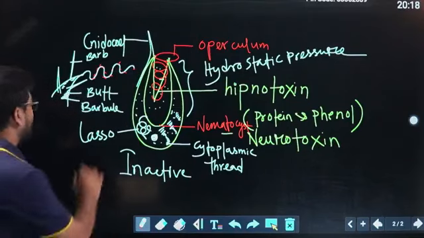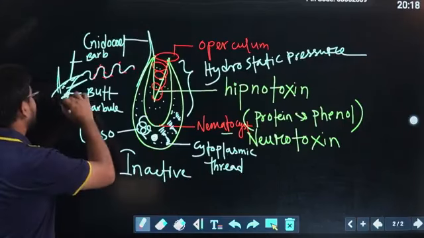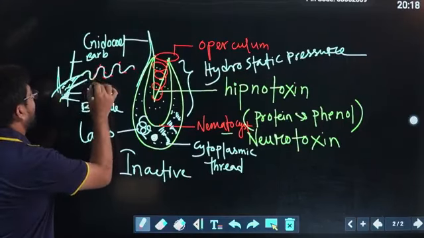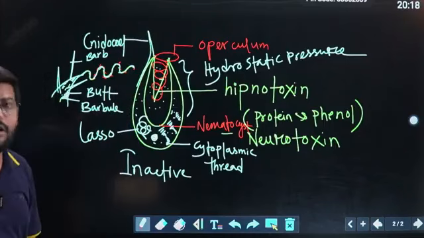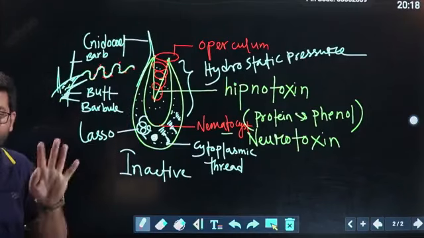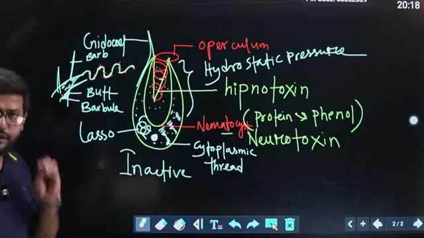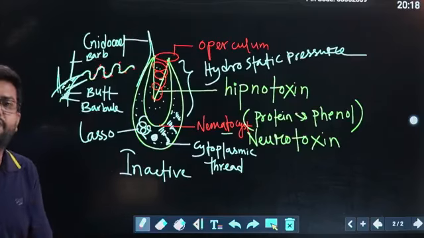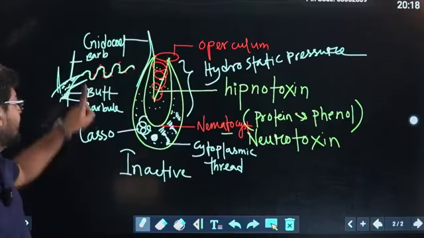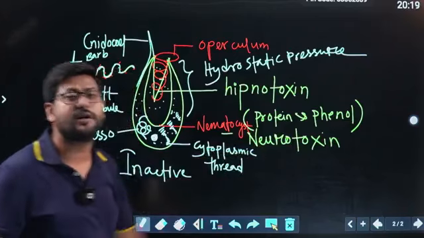Due to that, when these materials pass through this channel, at that time these poisonous materials are injected into the body of the enemies. For that reason, enemies can become numb, and this numbness is due to the effect on the nervous system of other animals. So we can say it is working on the neuron. For that reason, it is a neurotoxin.